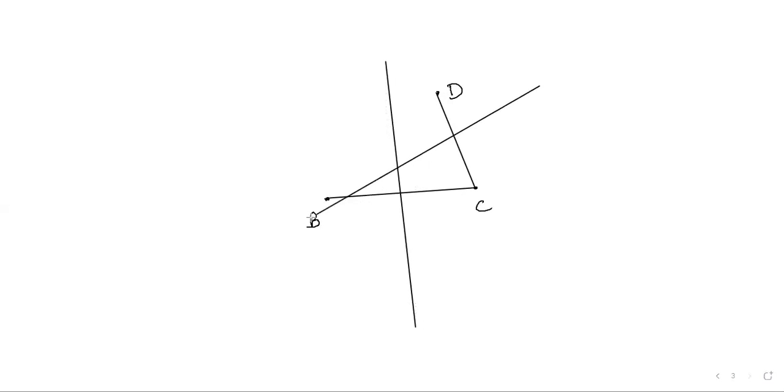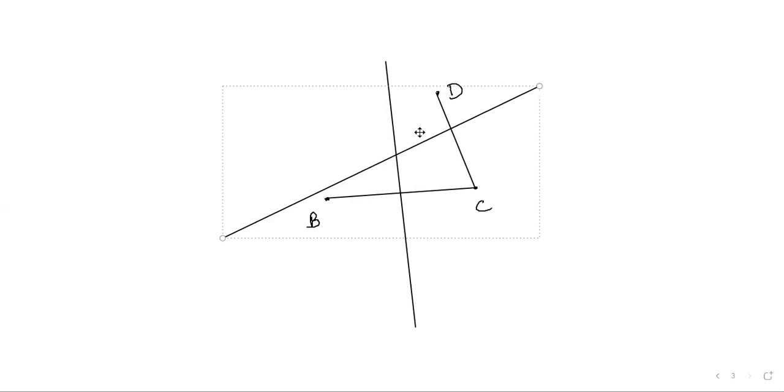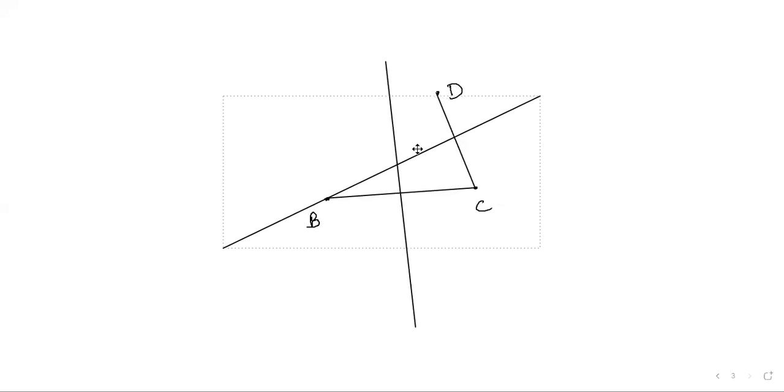How to construct? Do you remember? Join BC, CD and construct their perpendicular bisectors. This was the perpendicular bisector of BC, theorem number 5 in the circles. And then the perpendicular bisector of CD. Wherever they intersected, that intersection point